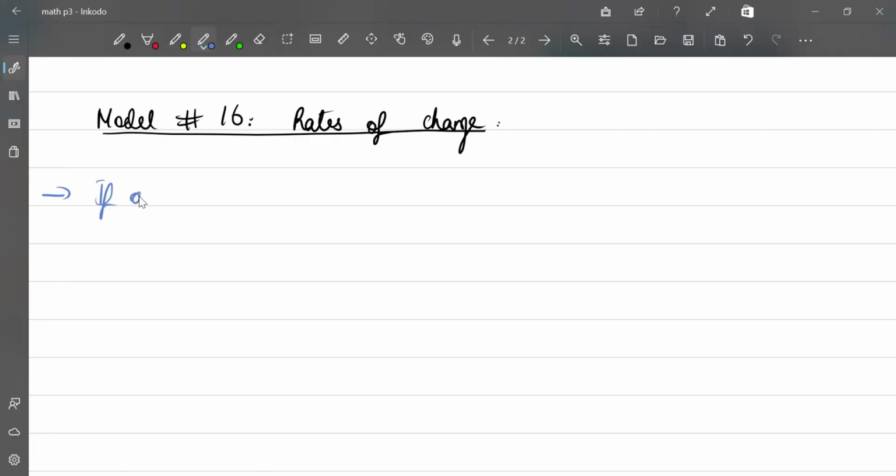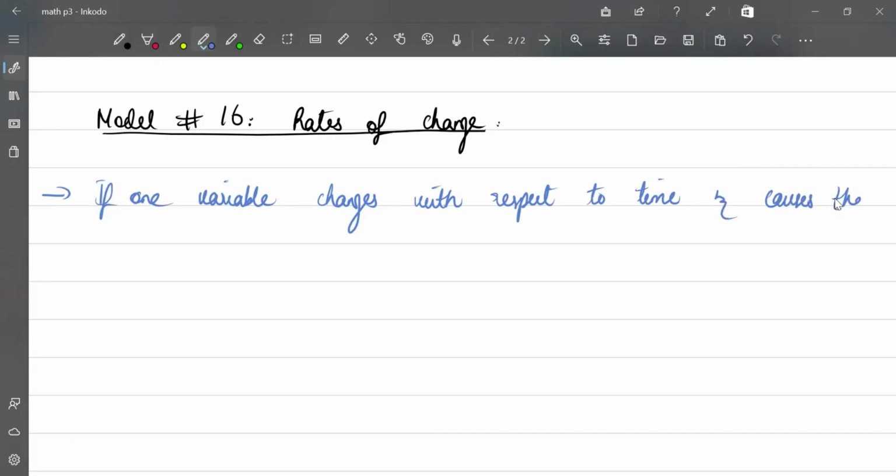If one variable changes with respect to time, and causes the other variable to change with respect to time as well,